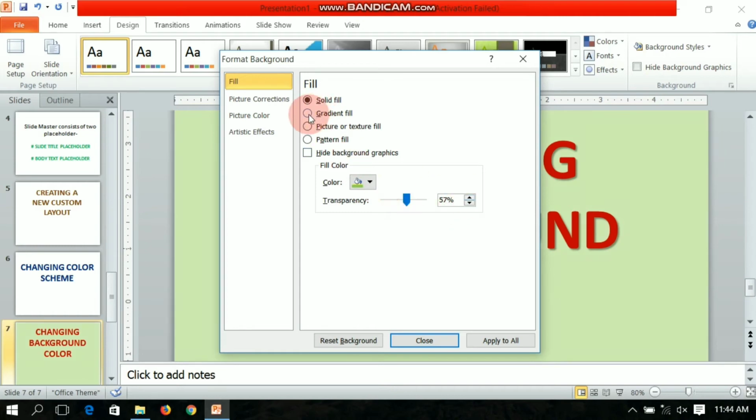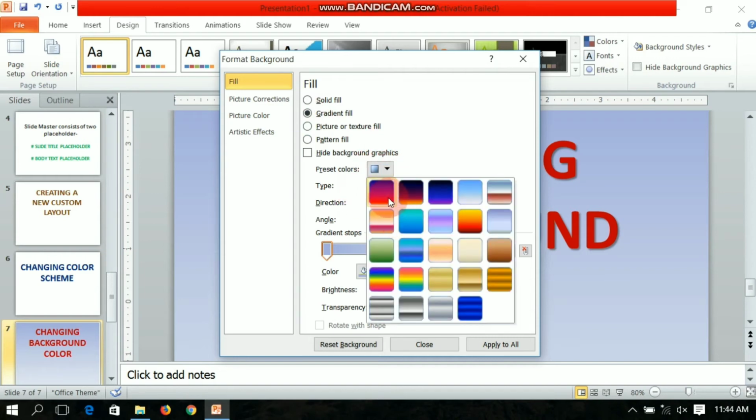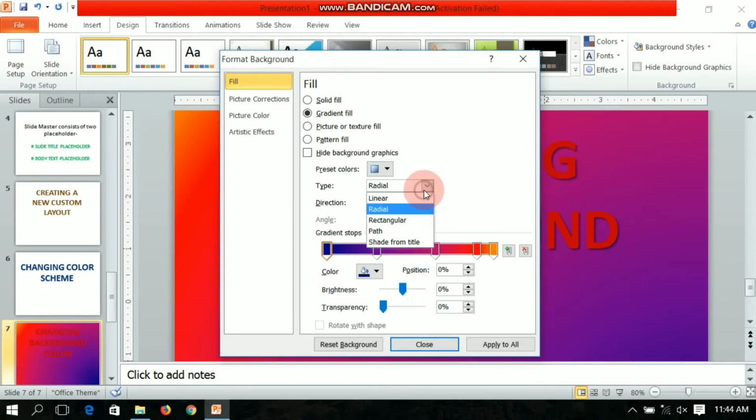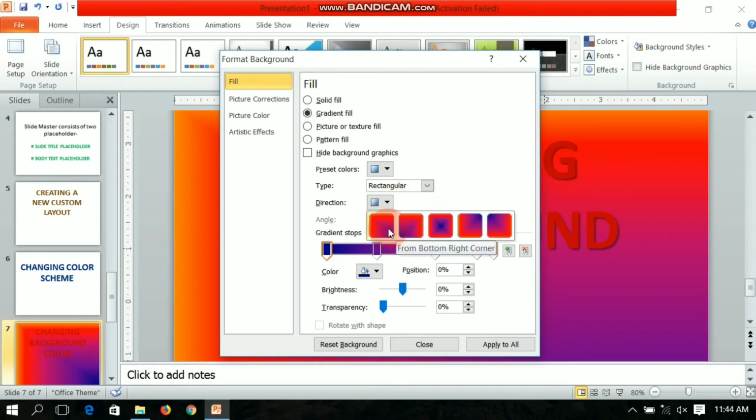and you can click on the gradient fill. Okay, you can set the color. Okay, see, and how you want it to be. You can choose its path, shade from title, rectangular. Okay, type you can choose, and direction from bottom to right corner, from bottom to left corner, from center.